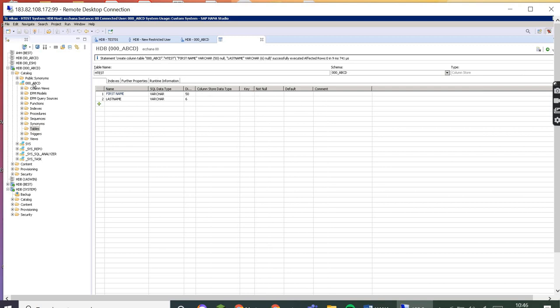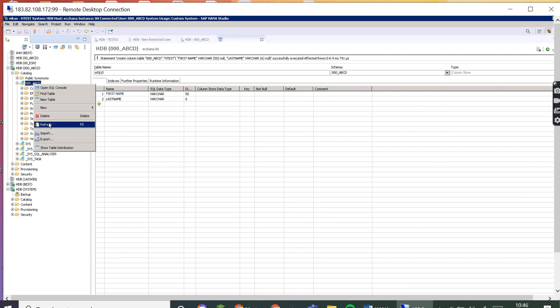If we created this table and refresh it, this table will be saved into his schema. So whenever he creates any object, it will be saved into his schema.